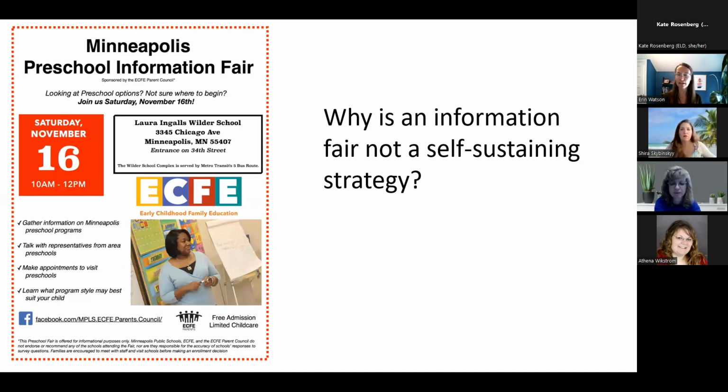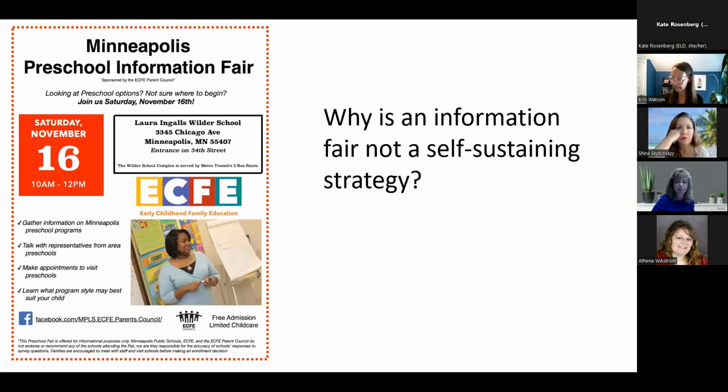That's exactly right. That fair will not reach families who couldn't attend, including new families who will move into the neighborhood or the community the day after the fair happens or into the future. It's impossible to reach all families. It's a one and done kind of a thing, right? It's not necessarily that resource information fairs are bad. They're just not self-sustaining. It's a one point in time.